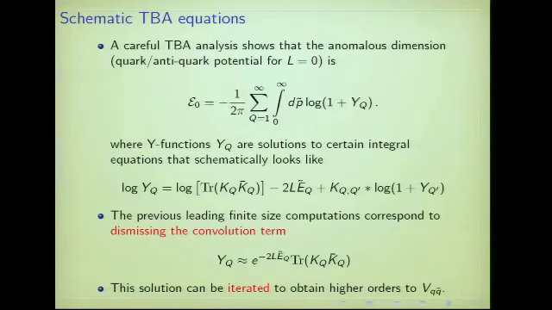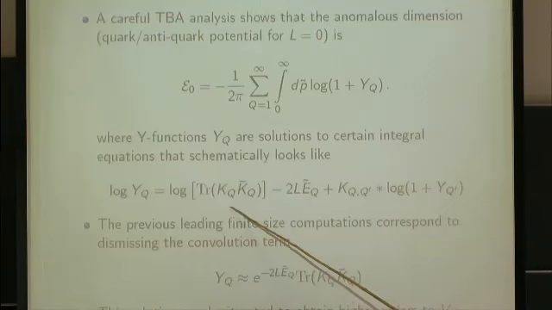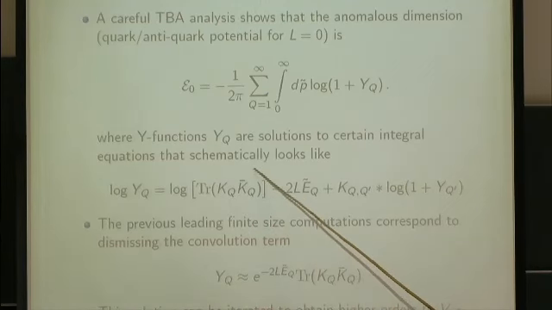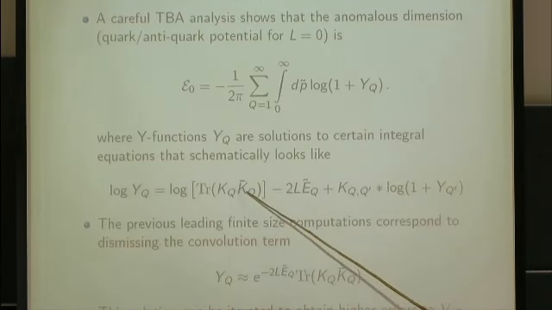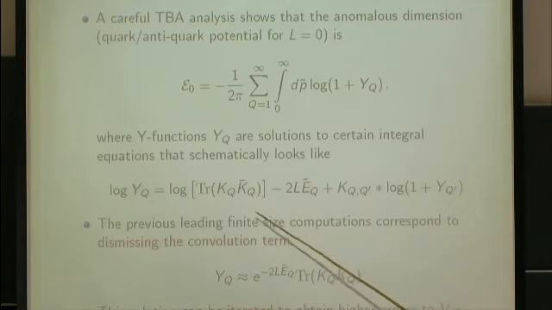These Y functions are like ratios of densities of particles over densities of holes in this TBA approach. So the energy is given by an infinite sum of an integral of this log of 1 plus these Y functions, which, as I said before, have to be a solution of a certain integral equation in which here enters the dependence on the boundary reflection matrix. So the angular dependence with the cusp angles enters also here, because one of these reflection matrices is going to be rotated. And this is the convolution with this kernel that is related to the bulk scattering in the mirror theory.